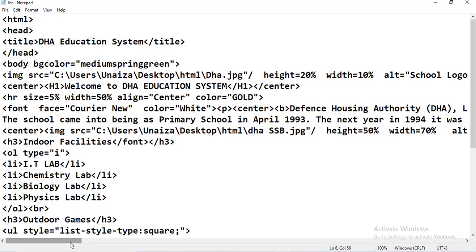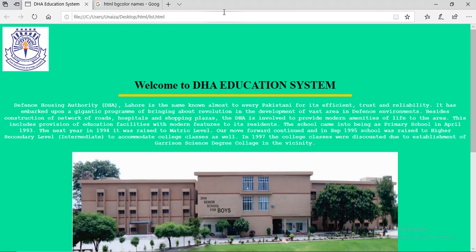Why we are using it, I will show you. I forgot to write D. So it's HA. Now the name of the image is wrong over here. So what happened? Look, if you observe, there is a little cross over here. There is no image.